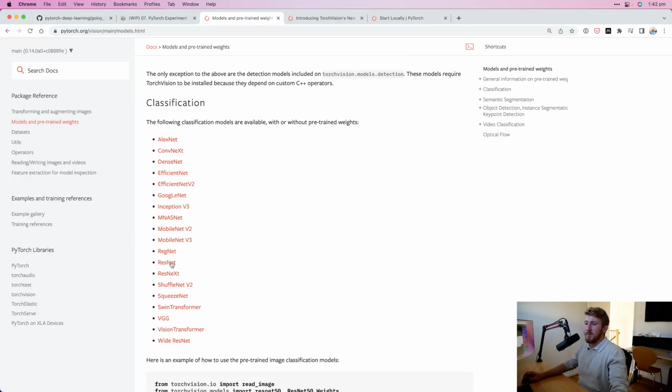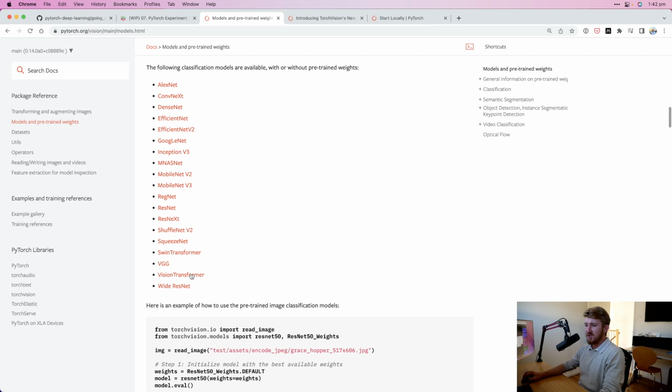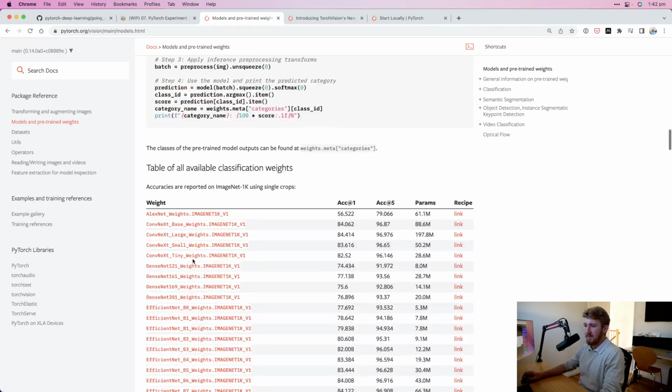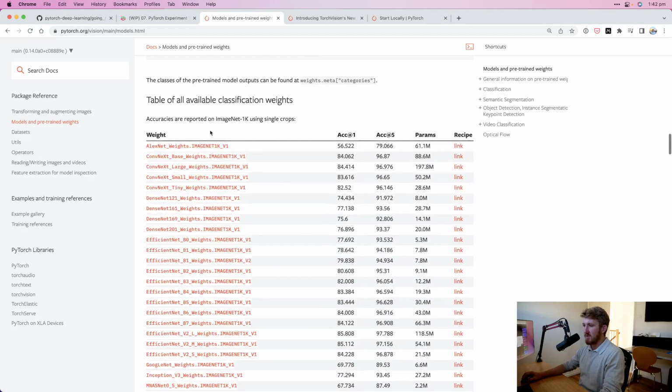So here's all the different models we can use for classification. So RegNet, ResNet, ResNeXt. We've been using EfficientNet. Hell, we could even use EfficientNet V2 if we wanted to, or a Vision Transformer, or a Swin Transformer. But then if we go down here, we've got all the results. Look at all these different models that are in there now. So we've been using for our experiments EfficientNet B0 and EfficientNet B2. So generally